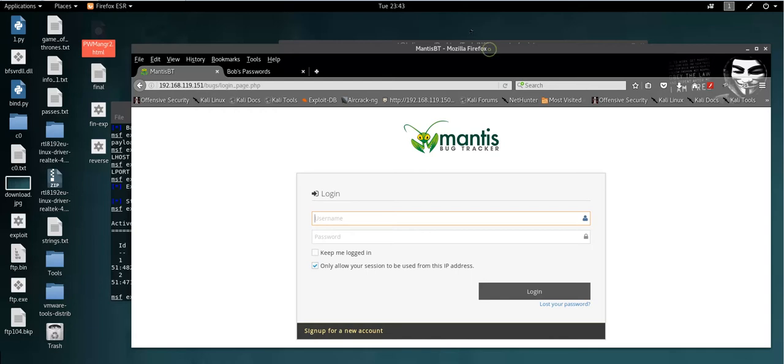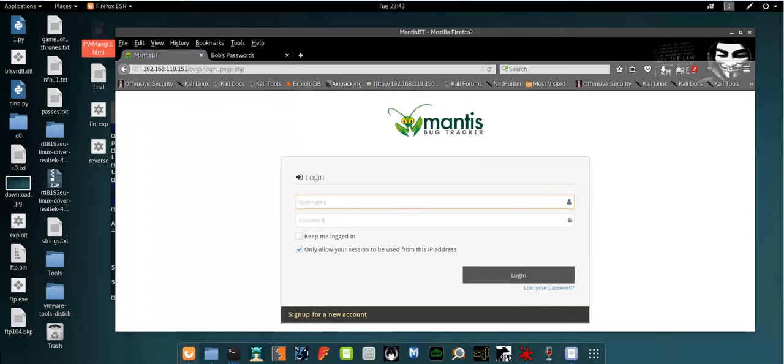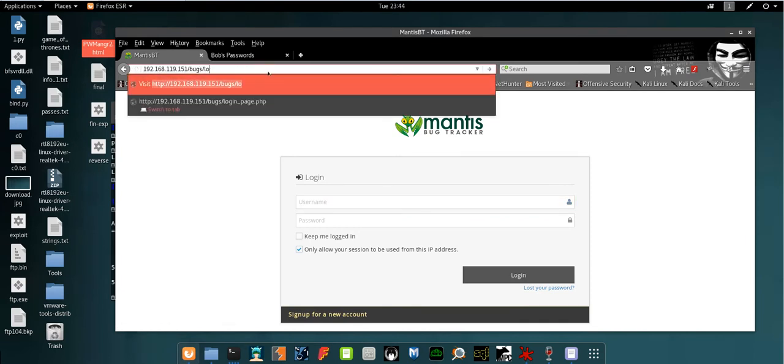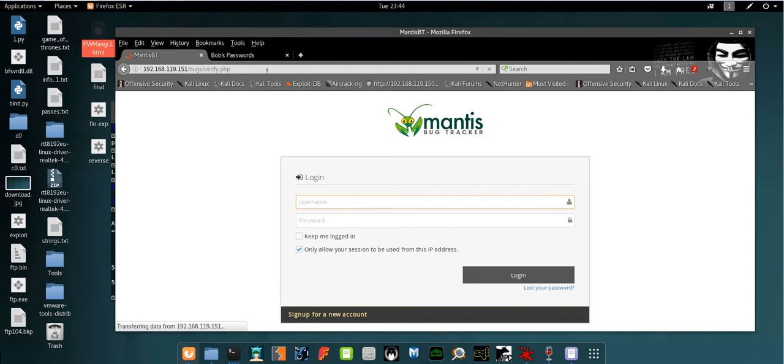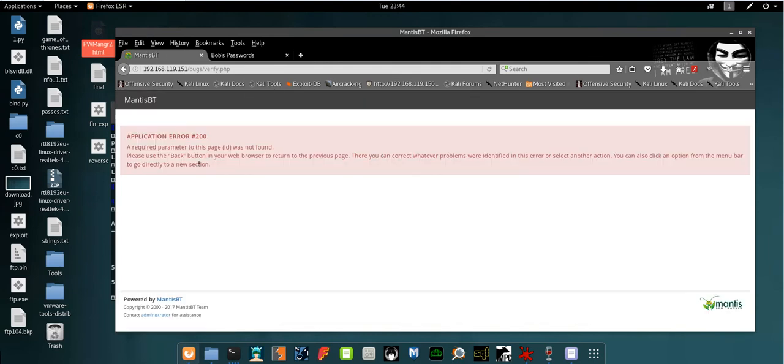tracker. After a bit of searching on Exploit Database, I found out that the version of Mantis bug tracker running on the vulnerable machine has a CVE vulnerability. If you type here, verify, you see that you need to specify the ID. Now the vulnerability in the exploit database said that if you type an ID, for example 1,